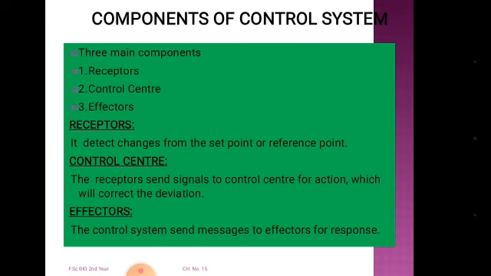The control center is where the signal is received from the receptors, and it controls the cell or the body. It shows that a deviation has taken place from the reference point, or there is a fluctuation in the external environment, so it sends the signal to the effectors. These messages are received by the effectors. The effectors may be a gland or muscles that show a proper response which is suitable.